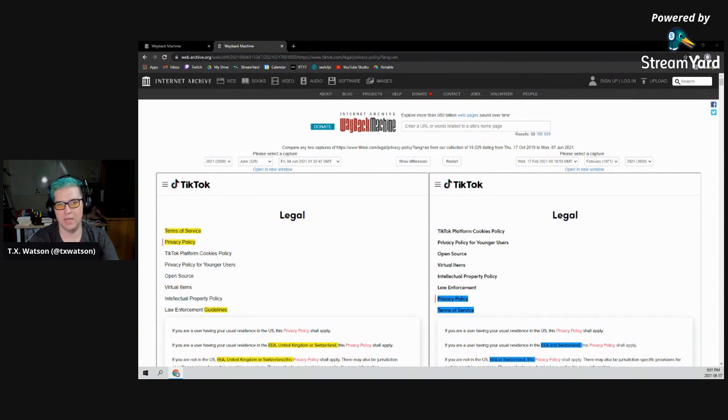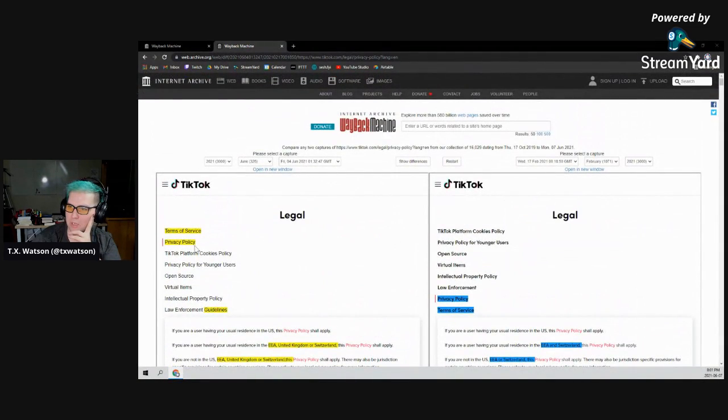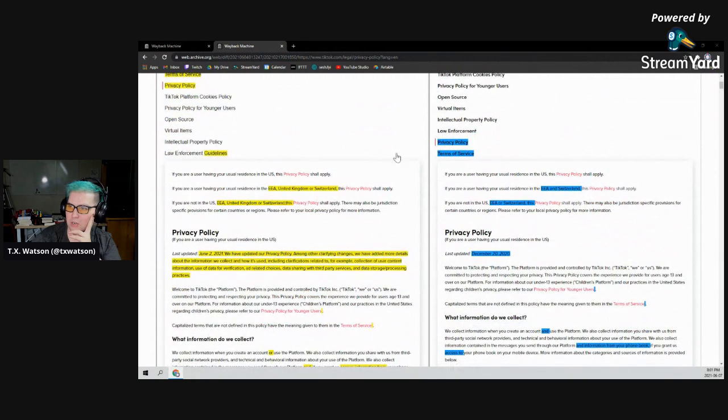Here's the privacy policy, and I'm looking at a version from February and the version that was just updated on June 2nd. The Wayback Machine doesn't have it until the 3rd, and I just clicked one on the 4th because it's just trying to pull something up real quick. To go over what the differences look like, the deletions, I believe, are marked in yellow, and the additions are marked in blue. Or sorry, no, other way around. The additions are marked in yellow, deletions are marked in blue. So as you can see right here, we've got last updated June 2nd, last updated December 20th.